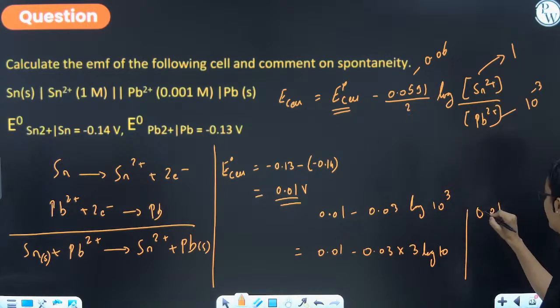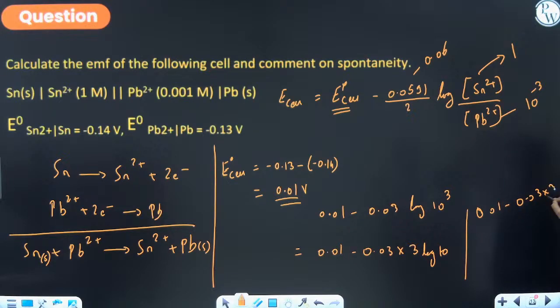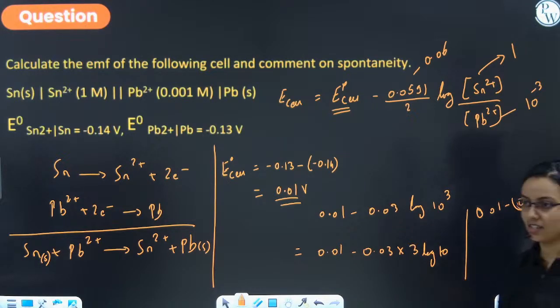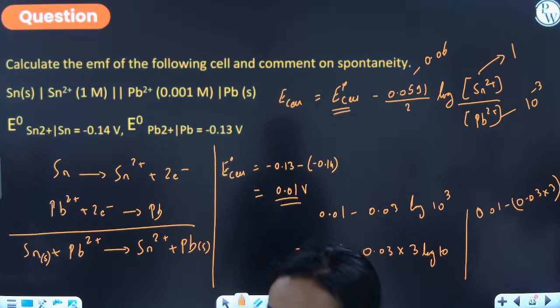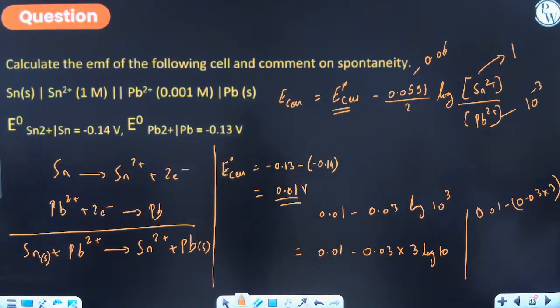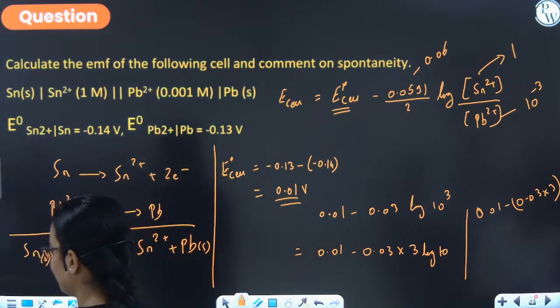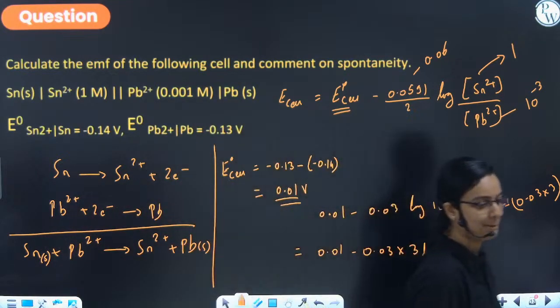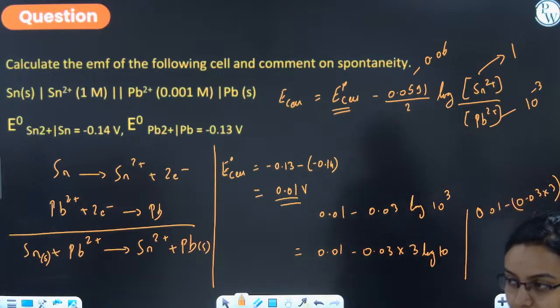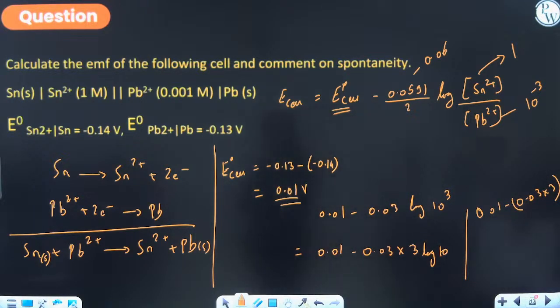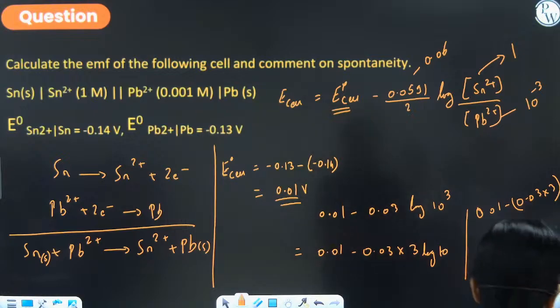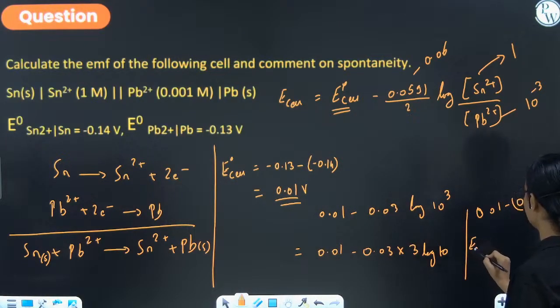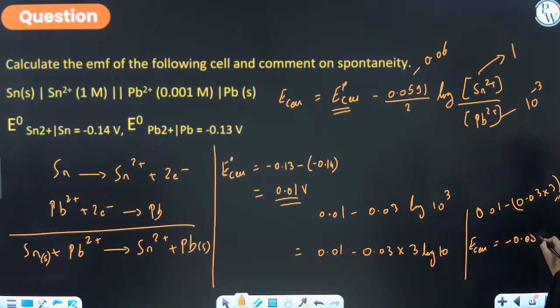तो 0.01 minus 0.03 into 3. इतना calculate हाथ से नहीं कर सकते? नहीं कर सकते? मैं पूछ रही हूँ। चलो इतना तो पता है। कितना आ रहा है E cell? Minus 0.08 volts. This is your E cell. ठीक है।